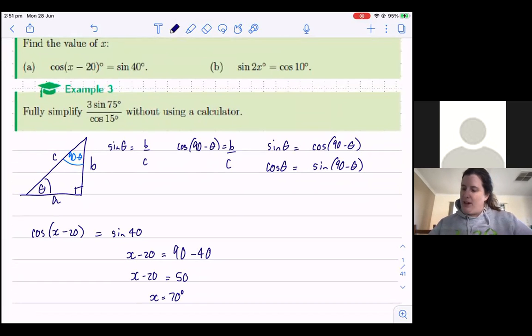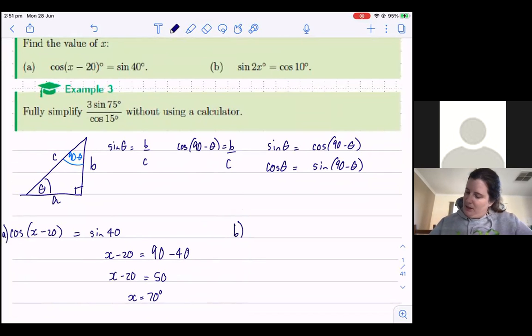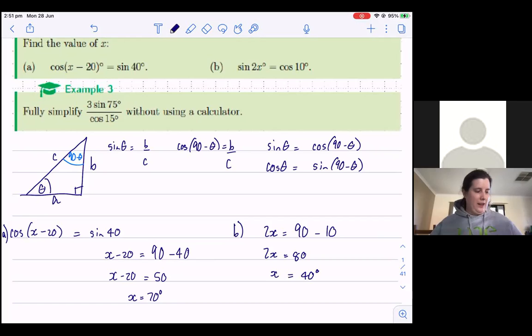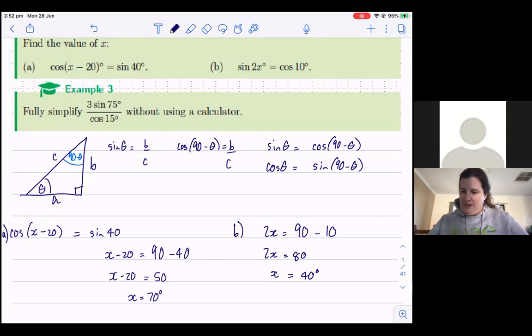For question B, we've got sine 2x equals cos 110. Let me stash this over to the left hand. I want to fit this one in. So if we've got sine 2x equals cos 110, then 2x must be the same as 90 minus cos minus 10. I mean, I could have done 90 minus 2x equals 10, but this one's easier. So 2x is 80, x is 40 degrees. So sine of 2 times 40 is the same as cos of 10. Let's double check that. Sine of 2 times 40 comes out as 0.98. Cos of 10 comes out as